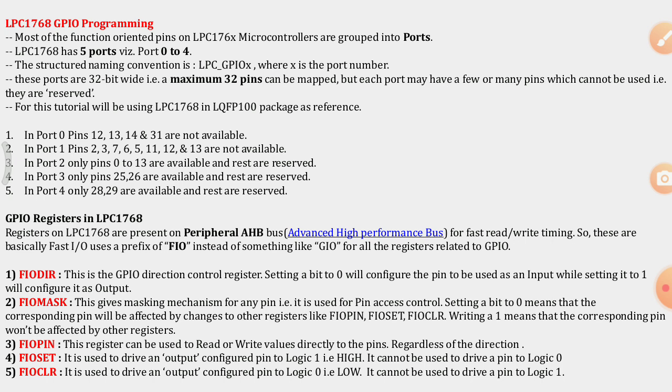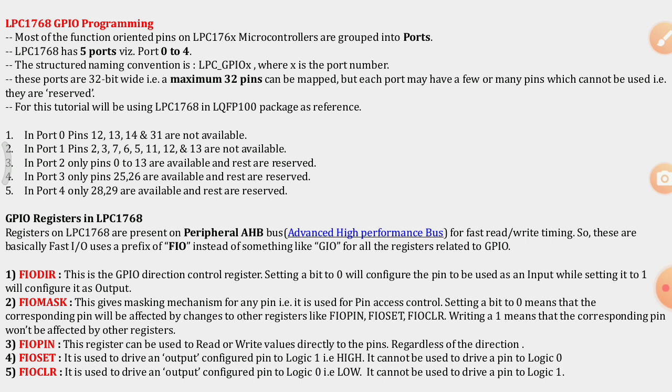There are 5 ports. In port 0, pin number 12, pin number 13, pin number 14 and pin number 31 are not available to use. They are reserved for some other functions.